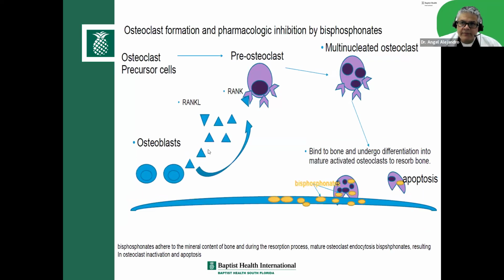So let's first talk about the bisphosphonates. How do bisphosphonates work? Well, when you take an oral bisphosphonate, eventually it will be deposited in the bone. You see that here in yellow, okay? If you do IV, the once yearly zoledronic acid, same concept, it will get deposited in the bones. And what happens is when that multinucleated osteoclast attaches to the bone, it absorbs the bisphosphonate, and what happens? The cell dies. Okay, so you get apoptosis of the osteoclast.